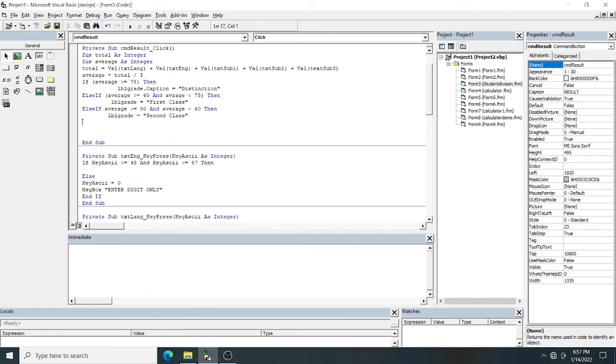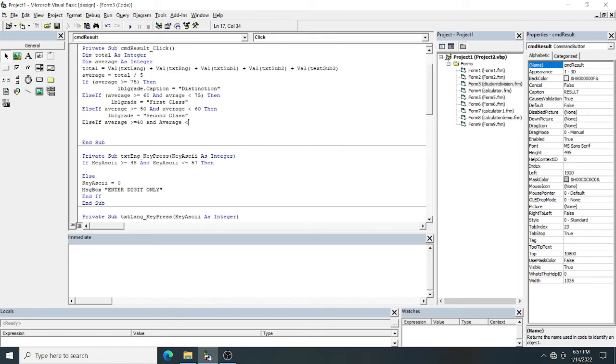Now else, again else if your average is greater than or equal to 40 and average, and means both the conditions must be true, then only the result will be true.